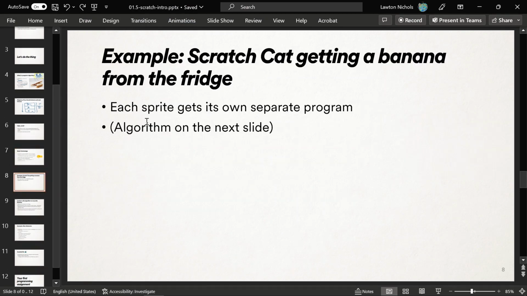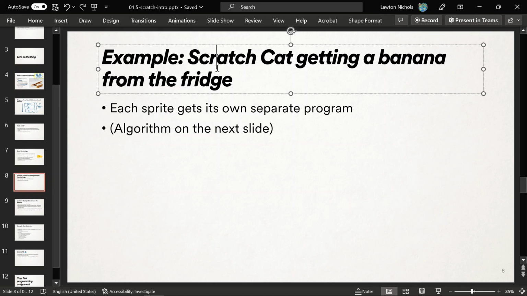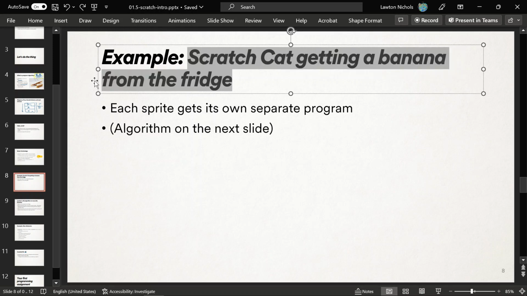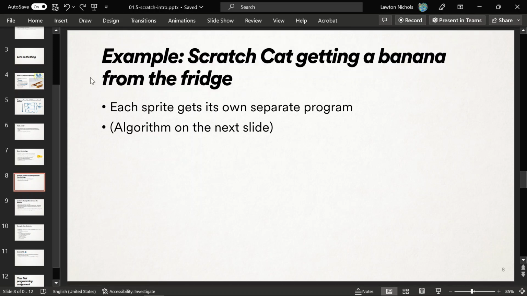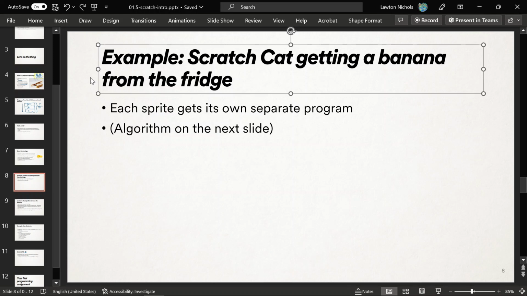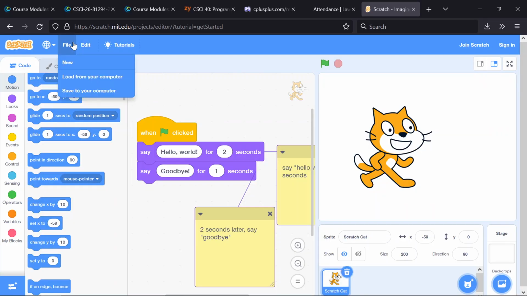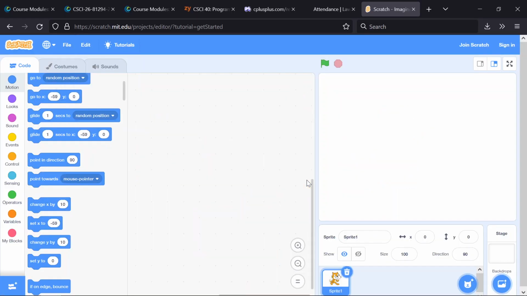Okay. So my next example is going to involve animation. Let's have the Scratch Cat feel hungry, and he'll get a banana out of the fridge because apparently he likes to eat bananas. Okay. So let me talk to you a little bit about that. Let's set the scene, and then I'll walk you through the algorithm that we can come up with to make it happen. So we like the Scratch Cat. Let's name him Scratch Cat,